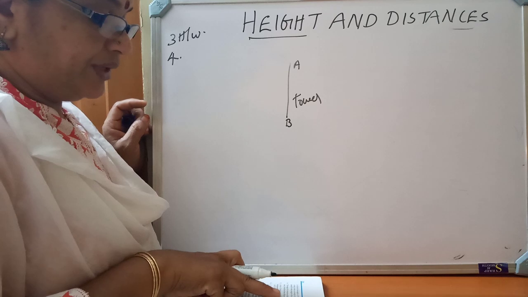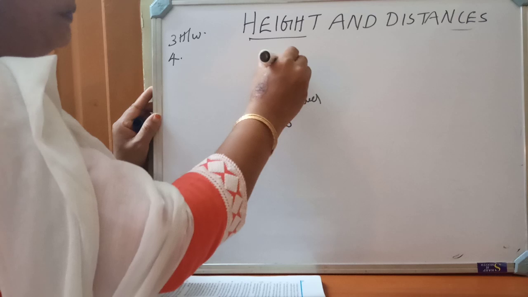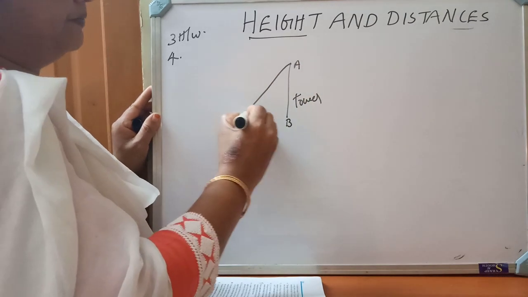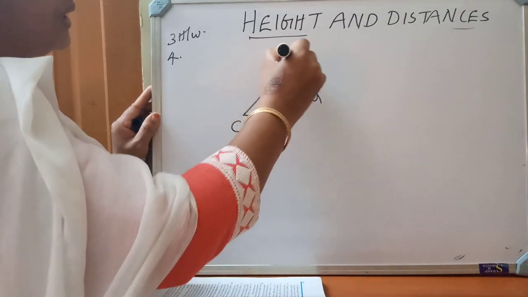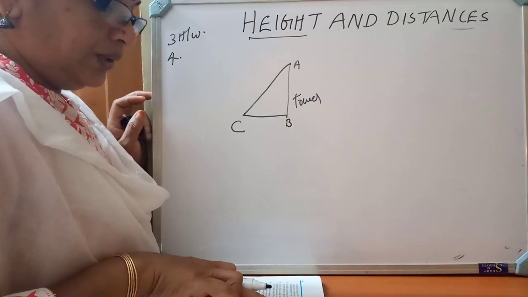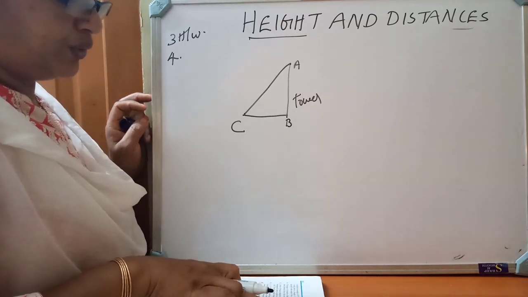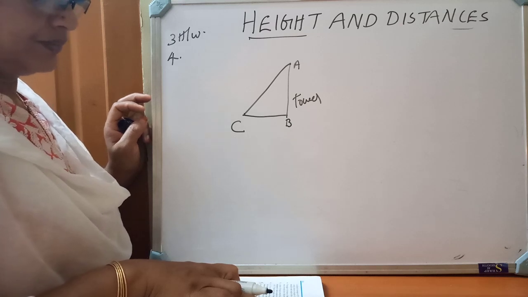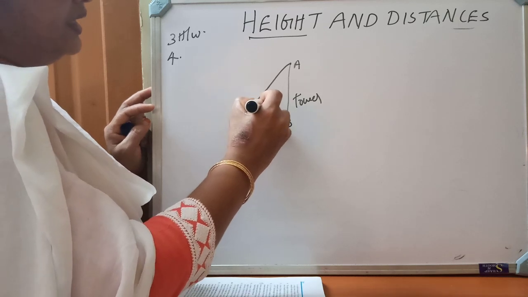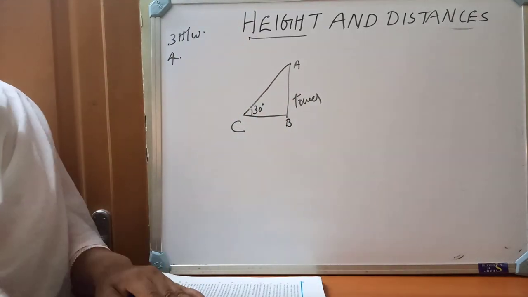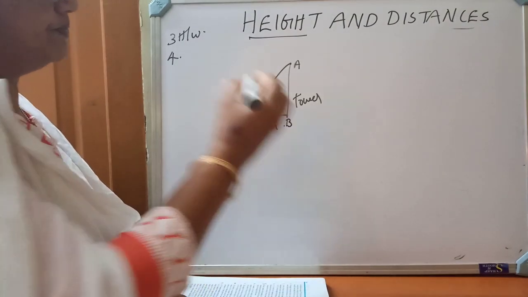The angle of elevation of the top of a tower from a point on the ground. So I am taking a point on the ground as C. Okay. So AB be a tower. From this point we are viewing the top of a tower. Point on the ground which is 30 meter away from the foot of the tower, the angle is 30 degree. So angle is given as 30 degree. So where I have to mark 30 meter? Here, this is 30 meter. Okay.